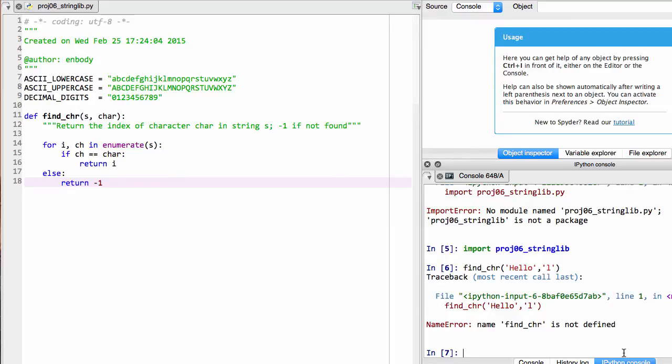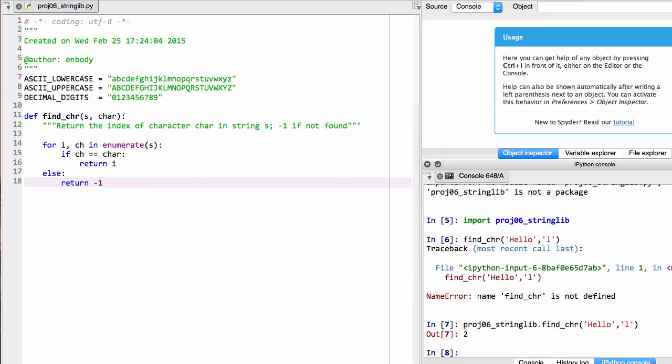Oh, that's because I've imported it, so I have to have the full name, proj06 stringlib dot find car. And then I can say, all right, hello, and we'll look for the character L, and